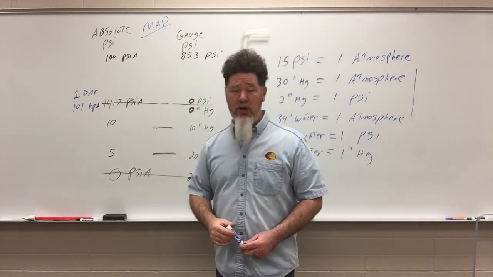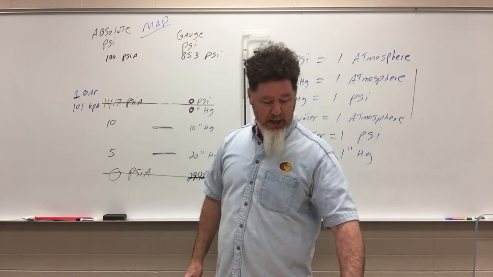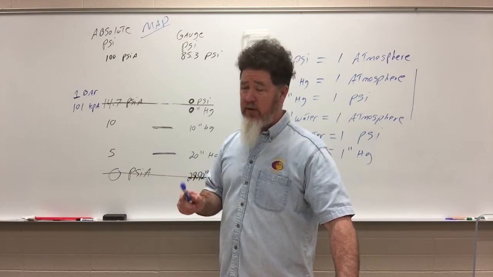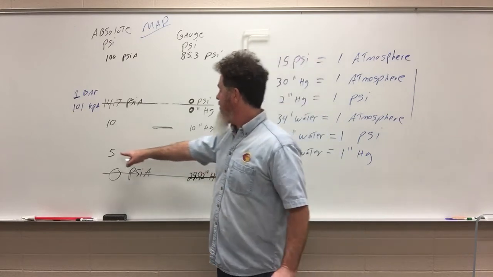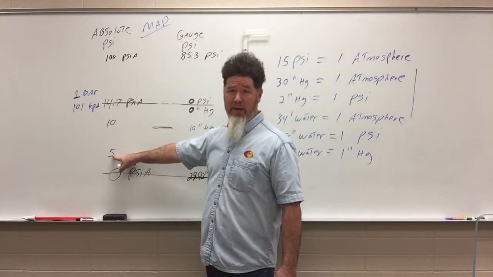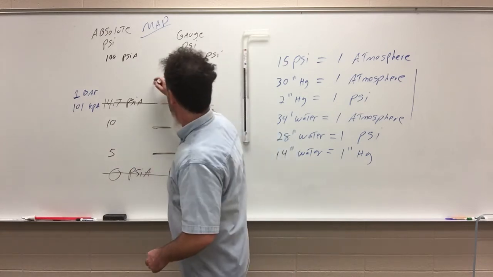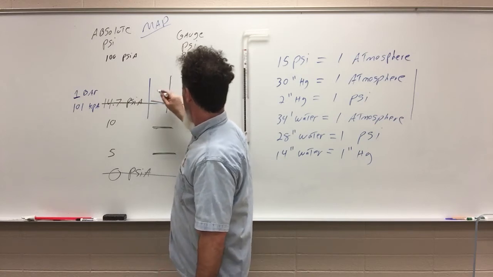So let's go back to the question I asked. What's the pressure drop across the throttle plate in a gasoline engine at 20 inches of vacuum? So this is what we have to think about. At 20 inches of vacuum, I am at 5 PSIA. So I'm at idle, that real good strong 20 inches of vacuum. Think of this as your throttle plate right here.